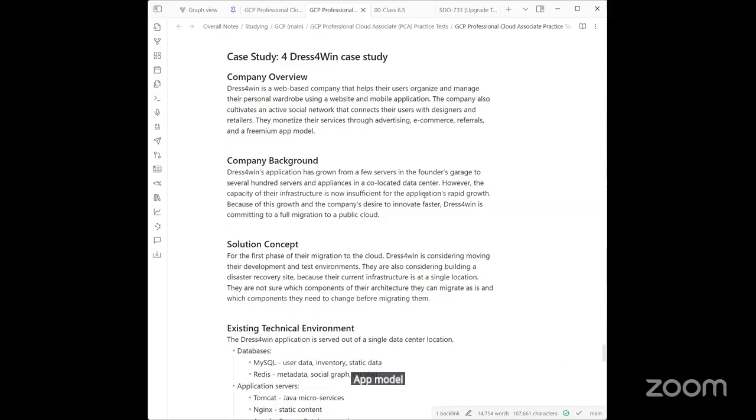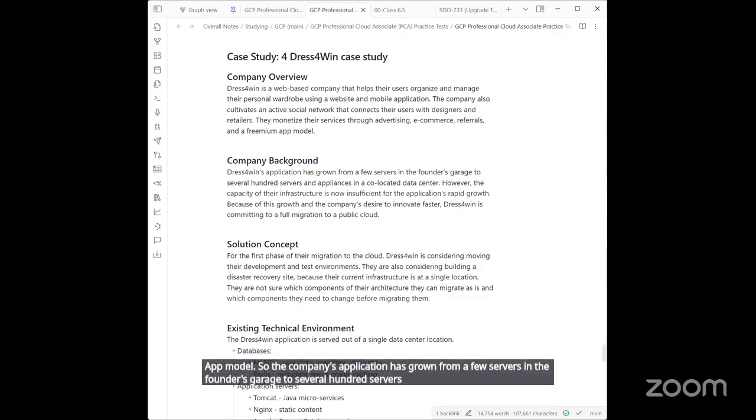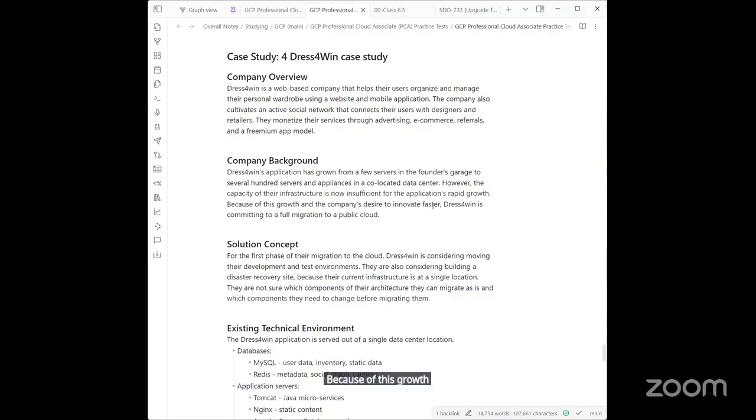So the company's application has grown from a few servers in the founder's garage to several hundred servers and appliances in a co-located data center. However, the capacity of their infrastructure is now insufficient for the application's rapid growth. Because of this growth and the company's desire to innovate faster, the company is committing to a full migration to